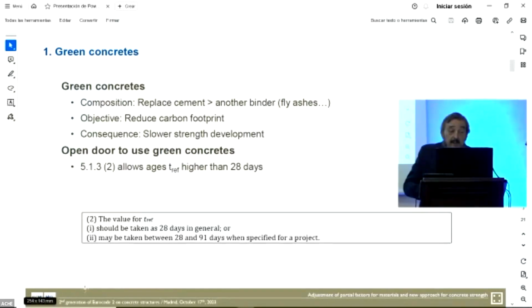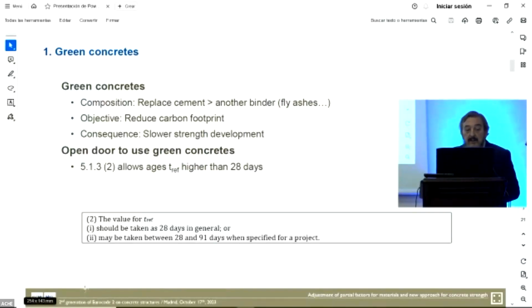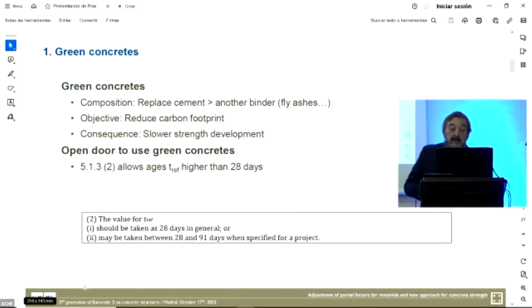So I think that EC2 does not regulate green concrete right now, but at least left the door open to